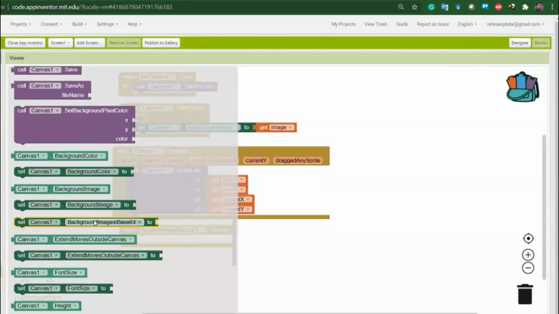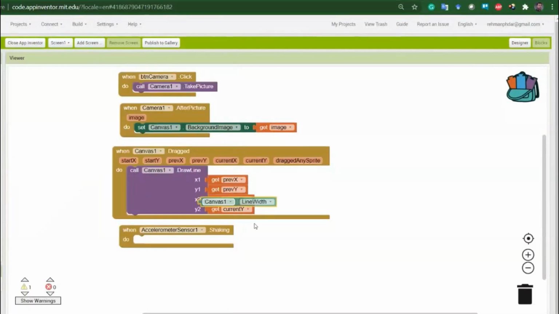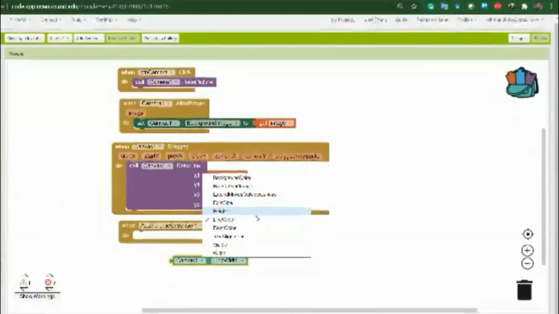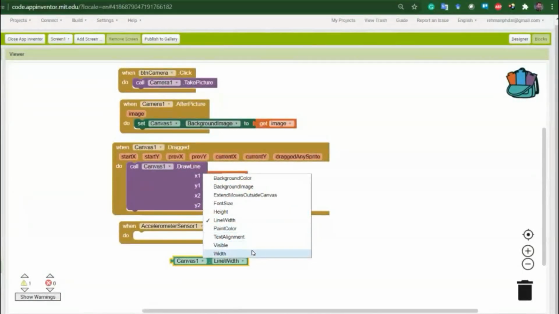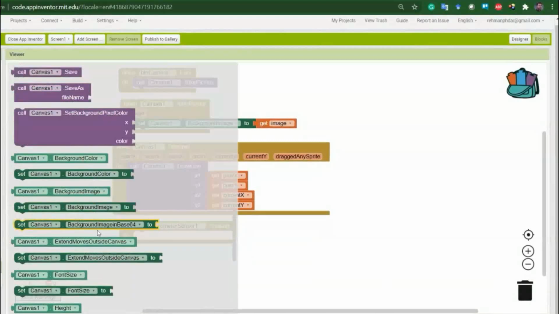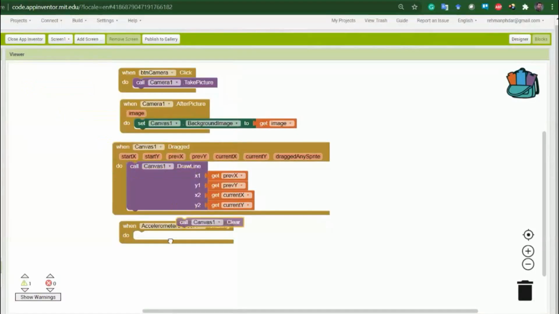Here we can find one property, canvas 1 dot clear. Go to canvas again, canvas 1 dot clear. So it will clear the canvas when we shake the accelerometer.